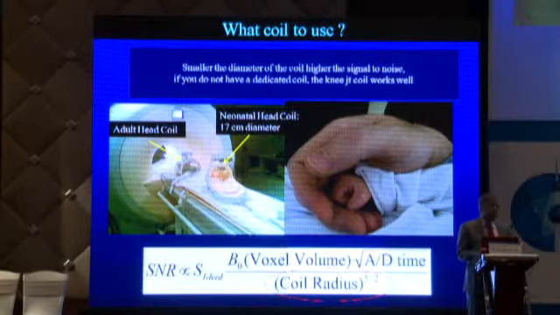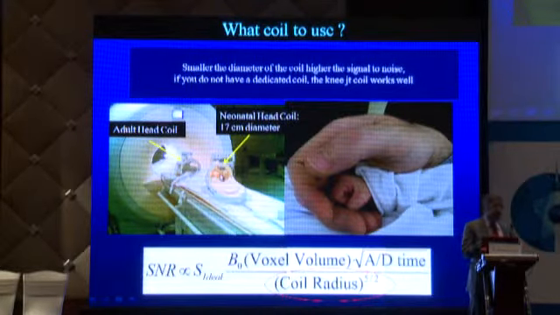So what coil do we use? Look at the baby's head size. It will be similar to the difference between the hand size of the adult and the baby. And you know the head size, this is a 17 centimeter field of view. Usually you can even use 10 to 12 centimeter field of view. We have an even smaller coil.